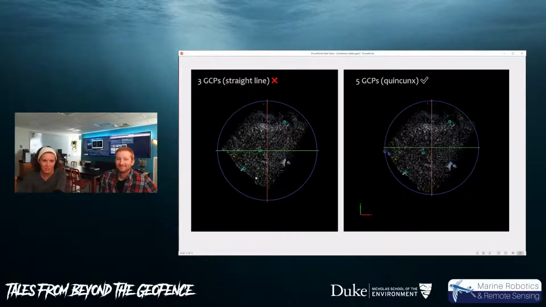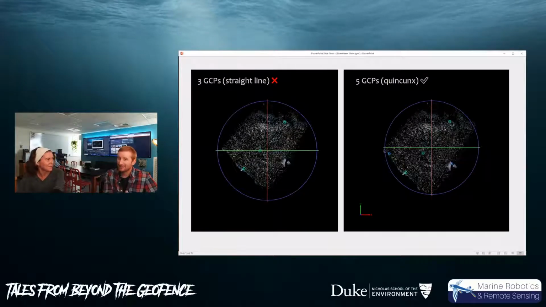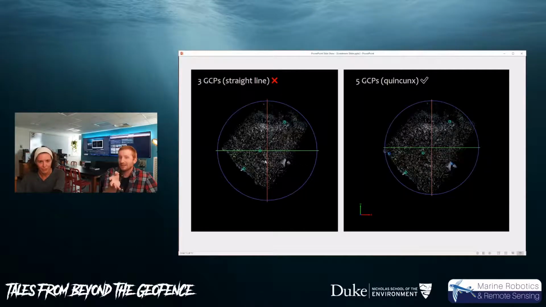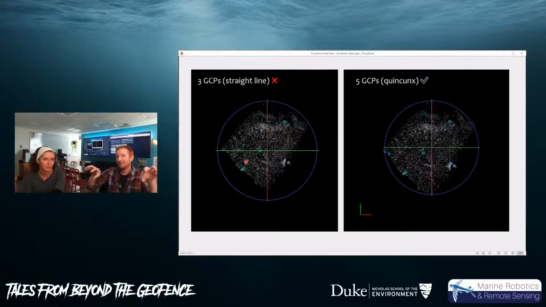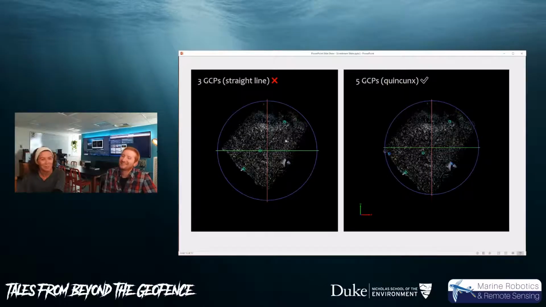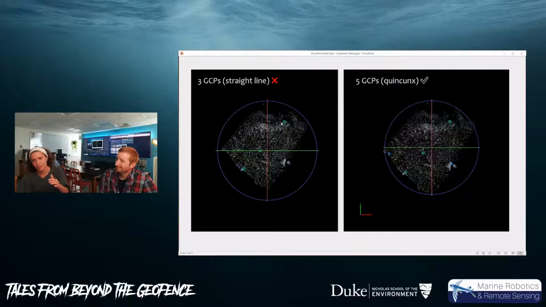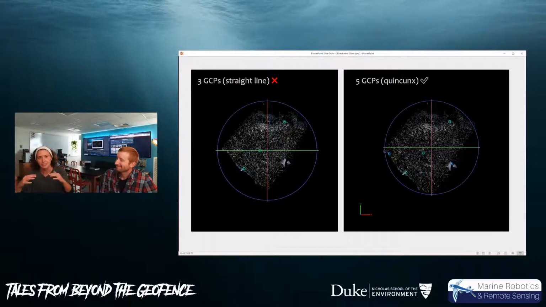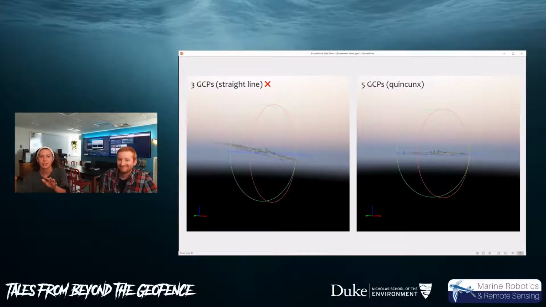Yeah, 3 GCPs in a nice little line. But in their defense, their system really only accesses the marsh through this one boardwalk. Sure. And so it's very difficult for them to access other parts beyond that boardwalk. So this was their best attempt to evenly distribute. Yes, absolutely. But it ended up that these GCPs are basically in a line, which, by the way, the software adjusts all the rest of the surface based on those points, as you can see in this next slide.